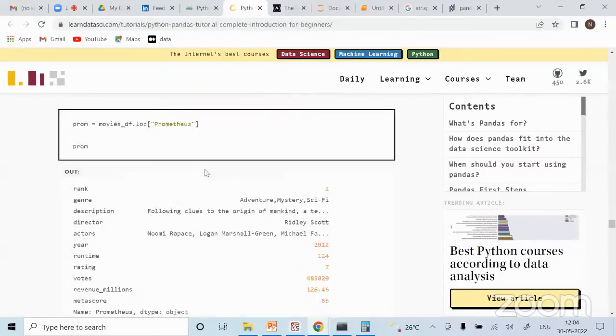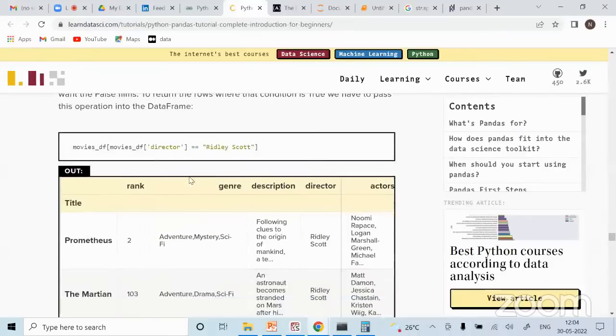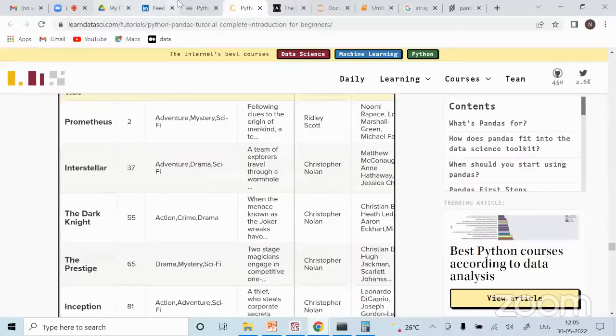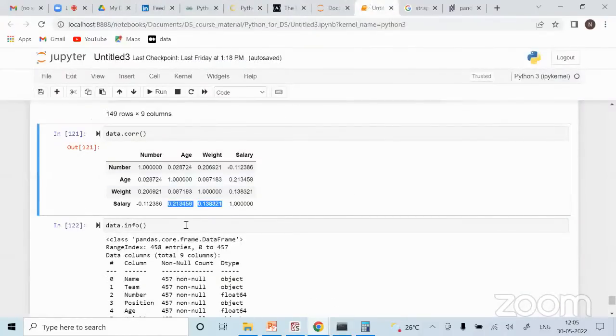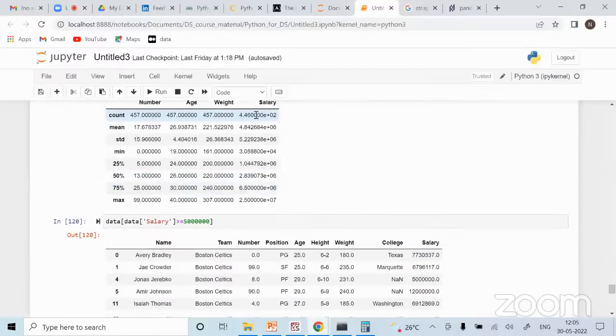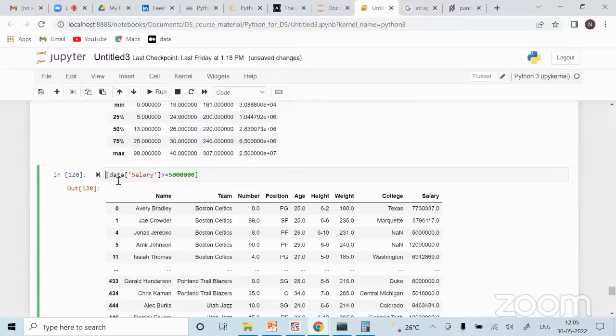So then you have correlation things. Then you have filters also. So let's say in the same data I want to filter, right? How can I do it? Simply, let's say I want to check how many people have a salary above 5 lakhs. I can simply do, see, if I don't do this, right? If I just want to check how many people have a salary above 5 lakhs, I can simply say data salary column greater than or equal to 5 lakh.